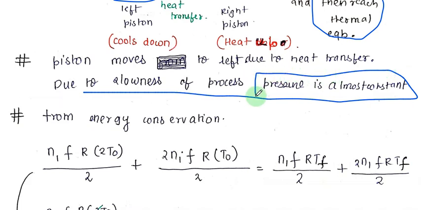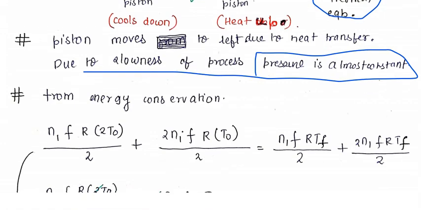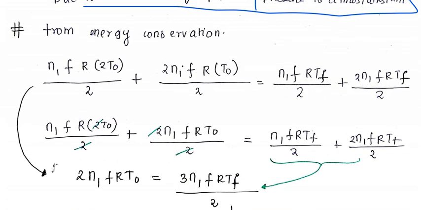So this is also important. We can say that the final pressure is equal and the final temperature is equal. The volume will be different actually, because the moles of gas are different. Now we will just use the conservation of energy, that is, conservation of internal energy, and here we just do